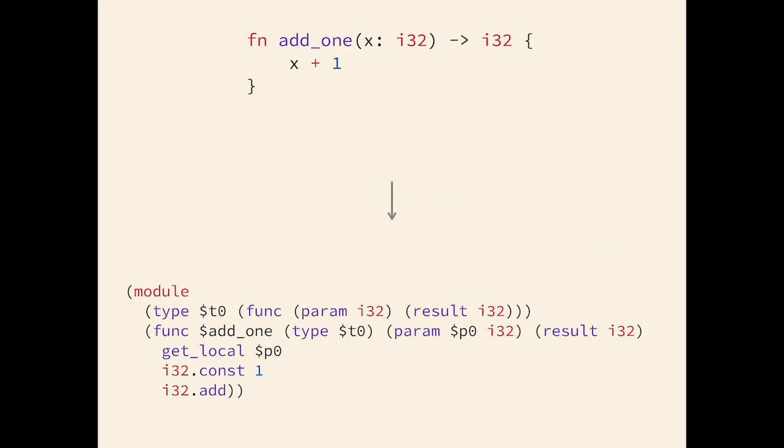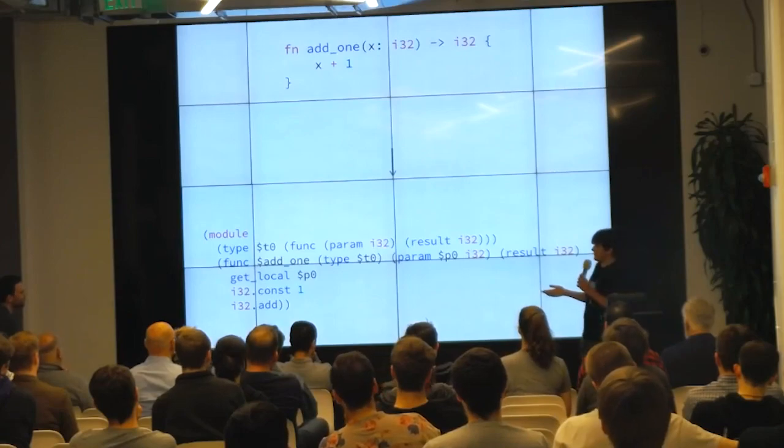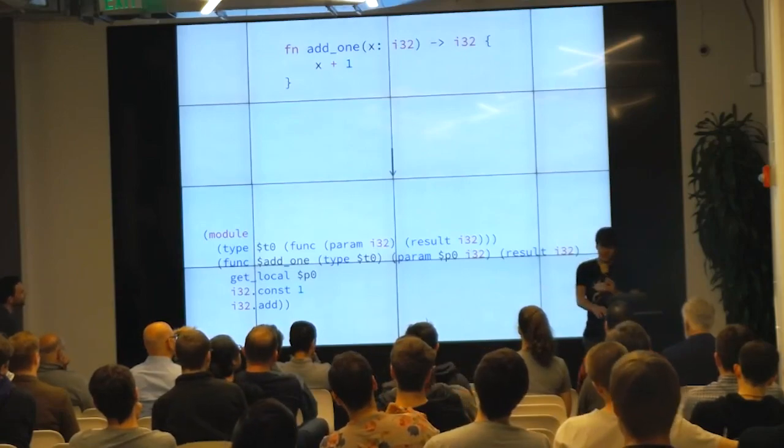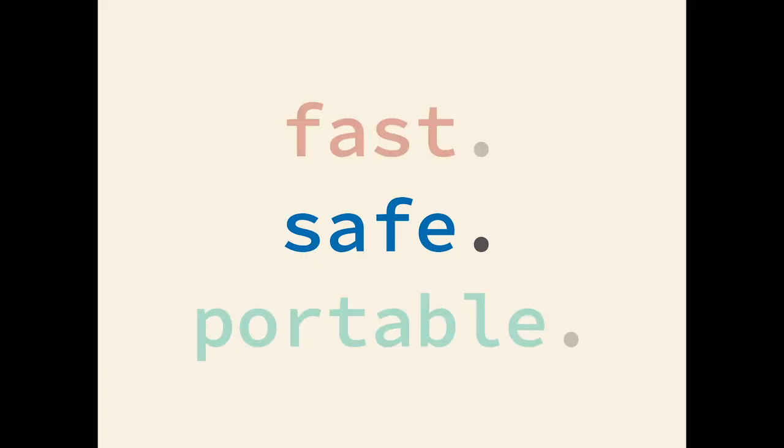You can take your programming language, this is Rust, and you compile it to WebAssembly. Essentially, it's an ISA, instruction set architecture, that's defined for an abstract virtual machine. So basically, it's a programming language that other programming languages convert into. You don't write WebAssembly yourself unless you're a masochist. The best thing about WebAssembly is it's fast, safe, portable. Really, the only thing that matters here is it's safe. And that's the only thing that matters to Nebulet.